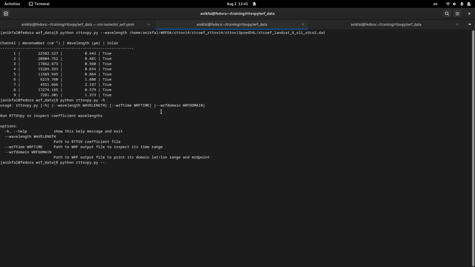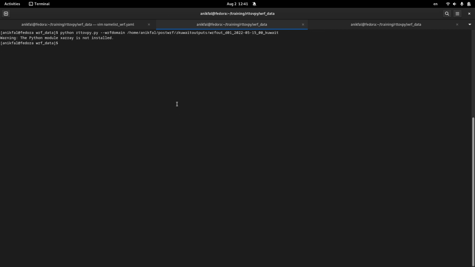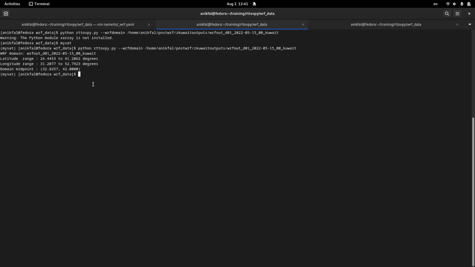Here, WRF domain. You can see that the latitude range is in this range, and the longitude range is in this range, and